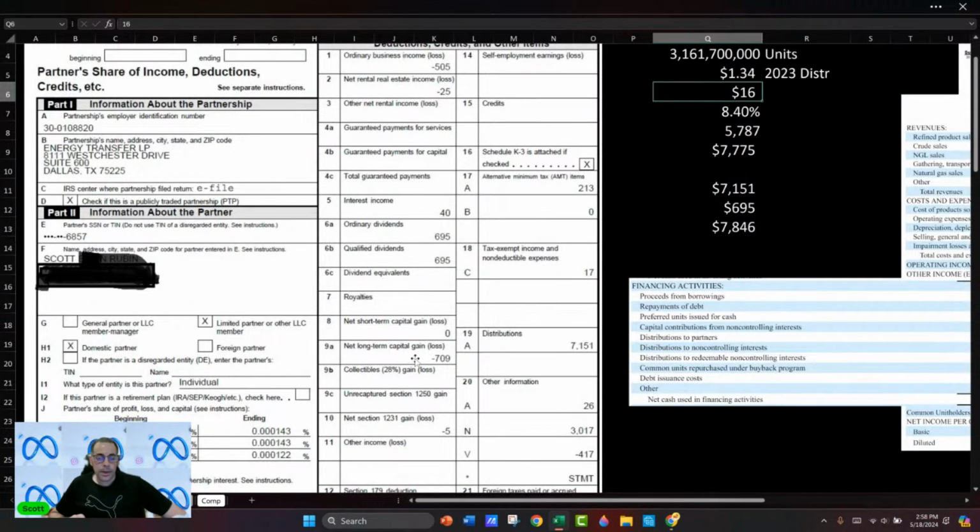Net long-term capital gains. Yeah, I think that would be better. Have something in the background, like, the thing is,